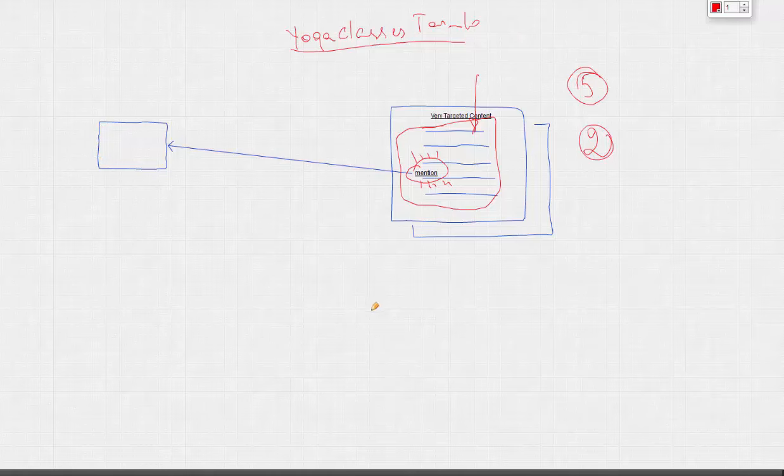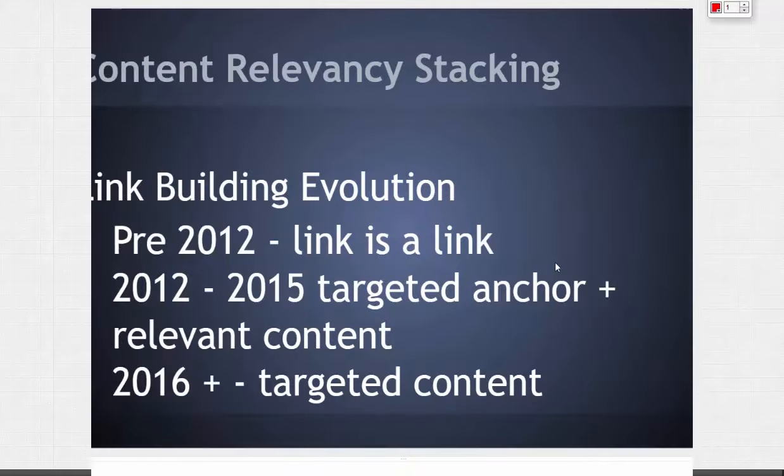So if it is a generic health article, the best you could expect is for this reference to be considered as health, like in the past you would have a health anchor text. And of course, it will not add much to your strategy of promoting this page for yoga classes in Toronto.